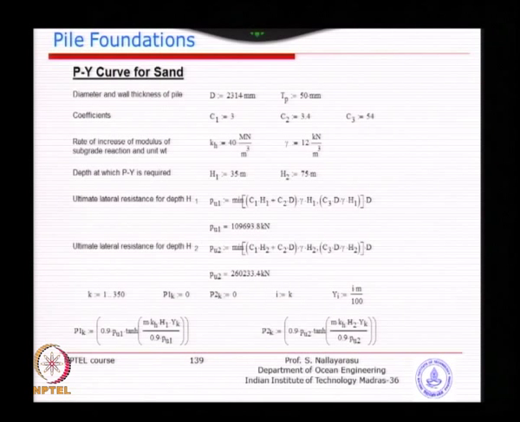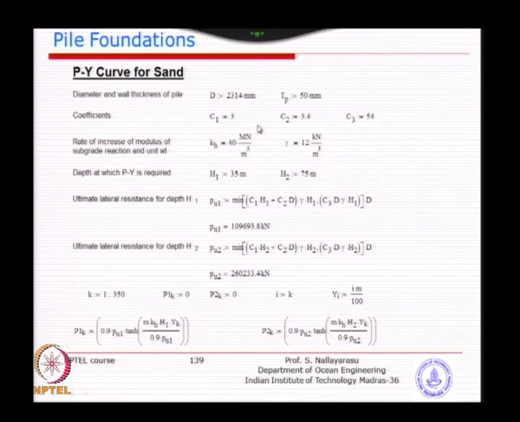So, I have just given you 2 examples in this particular one for sand. You can see here I have used all those equations which we described earlier on. The diameter is 2314, wall thickness, C1, C2, C3 coefficients are taken from those tables, and the KH value is given to you as 40 meganewton, it is a good one, that means it is a very good sand. And then